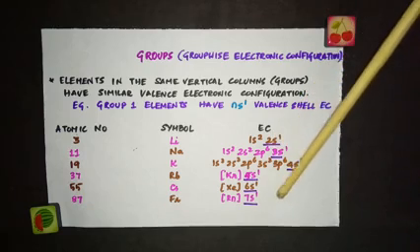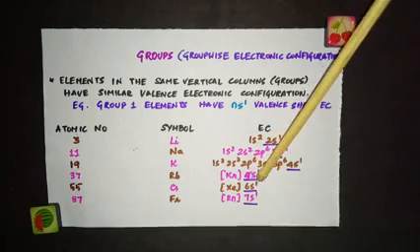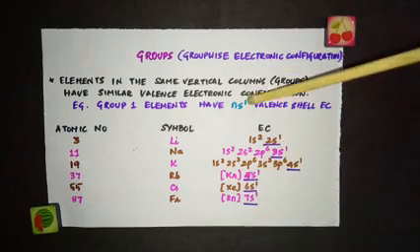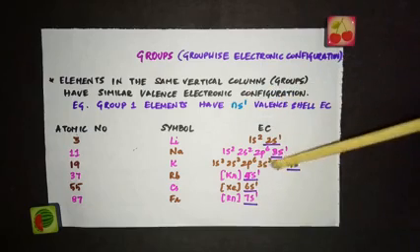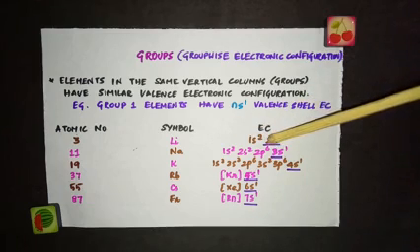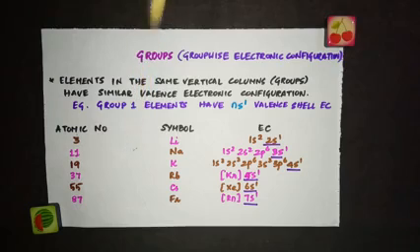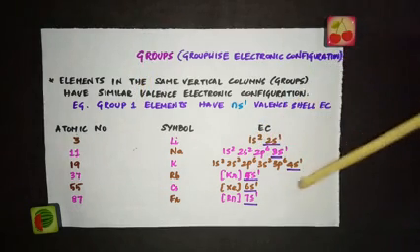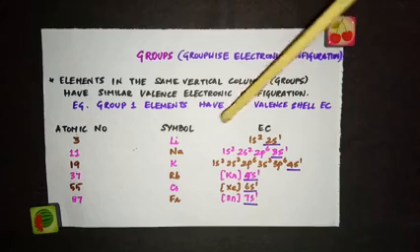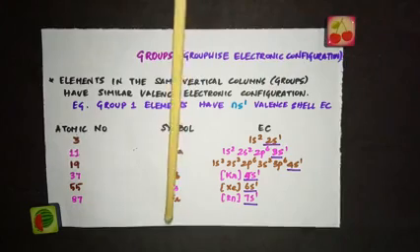Now if you look at the valence shell configuration, we have 2s1, 3s1, 4s1, 5s1, 6s1 and 7s1. So you can commonly write this configuration as ns1, where n is the principal quantum number. In the case of lithium, n is equal to 2. In the case of sodium, n is equal to 3. So all the elements in the same group, which means in the same vertical column, have the same valence shell electronic configuration. Here the group 1 elements have the configuration ns1. So these are the first group elements.